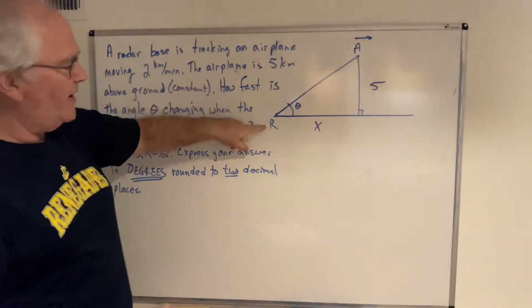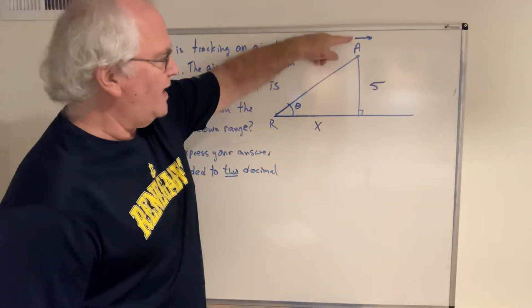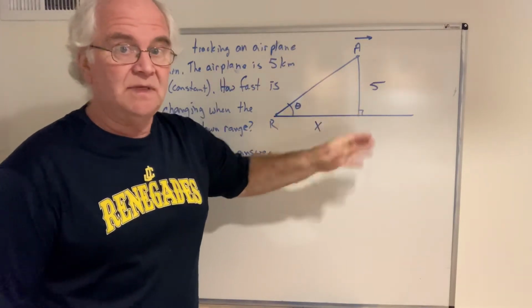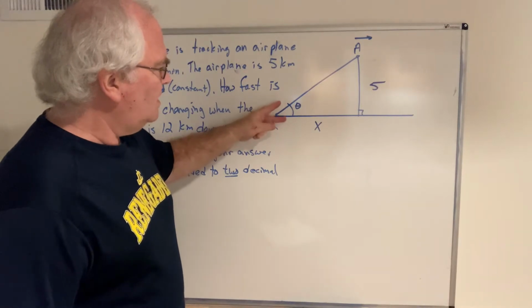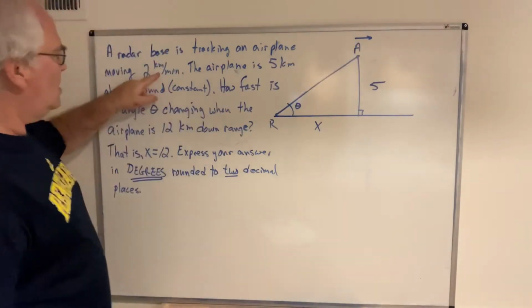So here's a radar base in my little picture here. Radar base is here. Airplane is moving, and I've indicated the direction of travel. That must be indicated because that will make a difference in the working of the problem here. So our radar base is following this airplane traveling in that direction, and it's moving at 2 kilometers per minute,